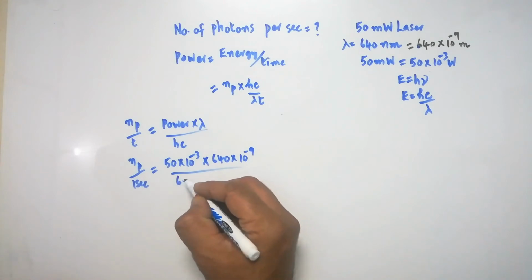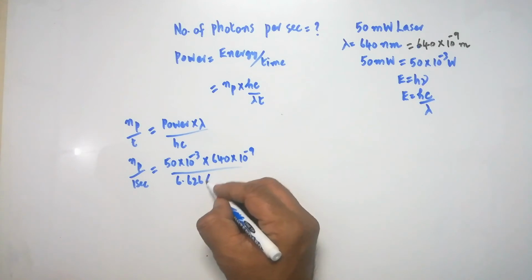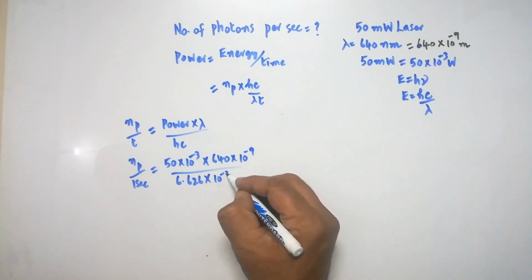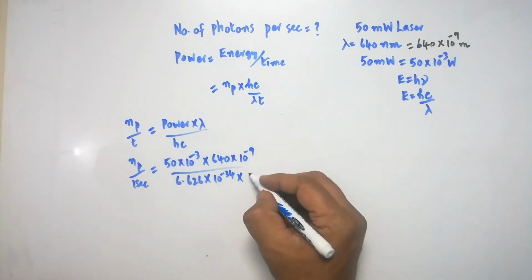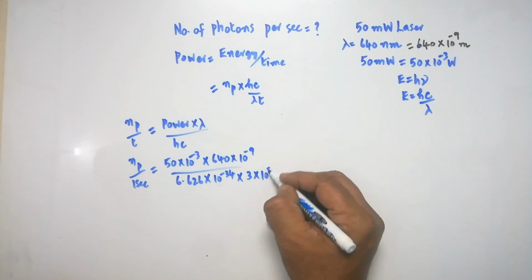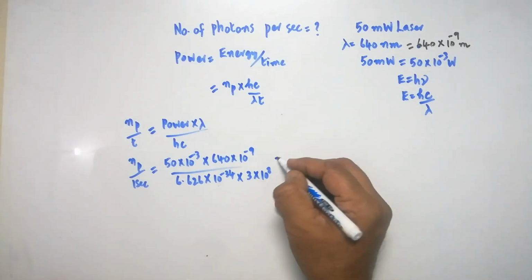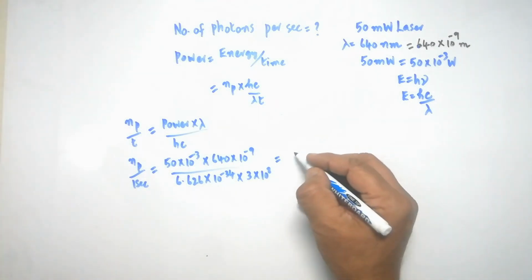Planck's constant value is 6.626 into 10 to the power of minus 34, to be substituted. Velocity of light, or velocity of electromagnetic wave, is 3 into 10 to the power of 8. After simplification you will get the value like this: